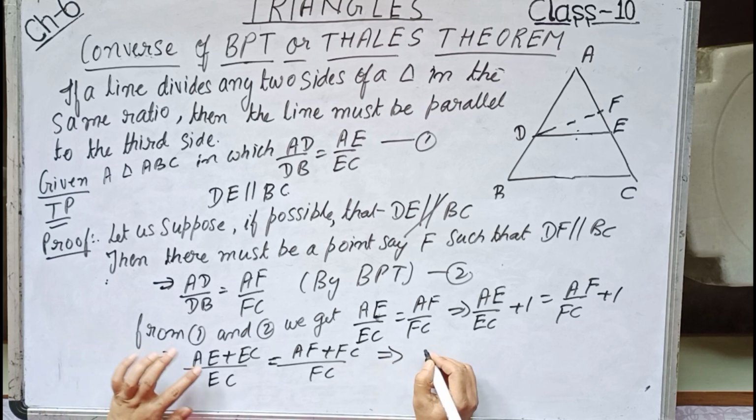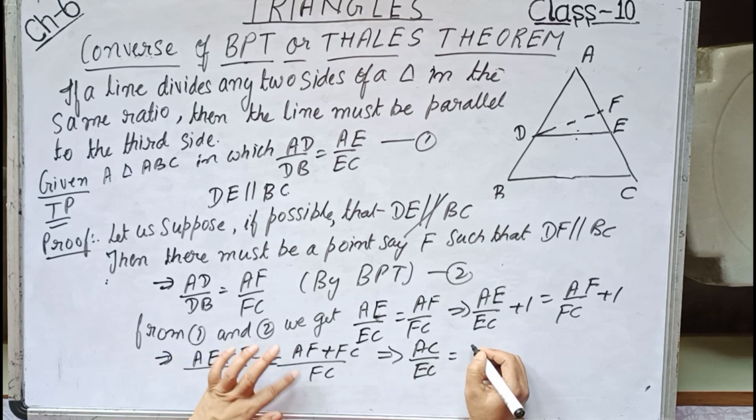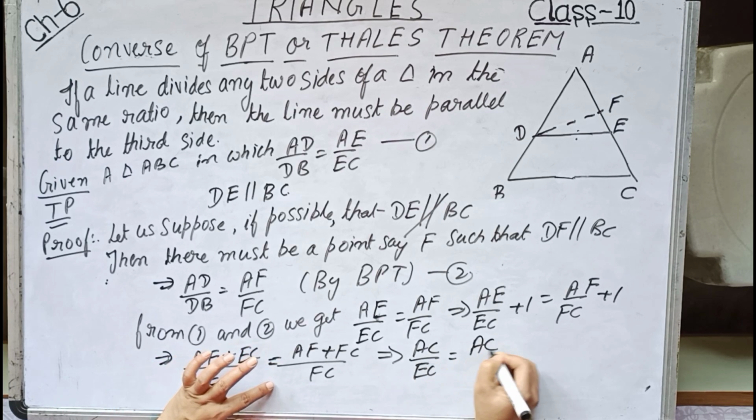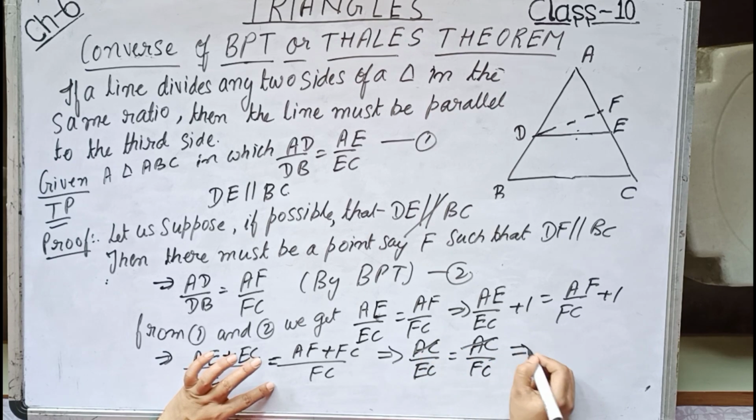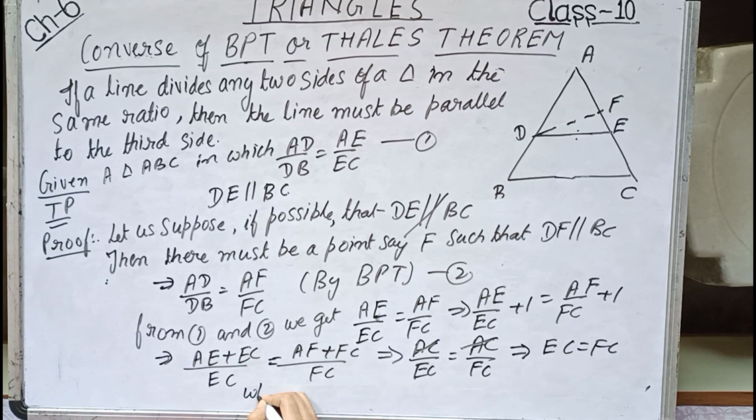Now AE plus EC is AC, and AF plus FC is also AC, so AC by EC equals AC by FC. These two will be cancelled. This implies EC equals FC, which is possible